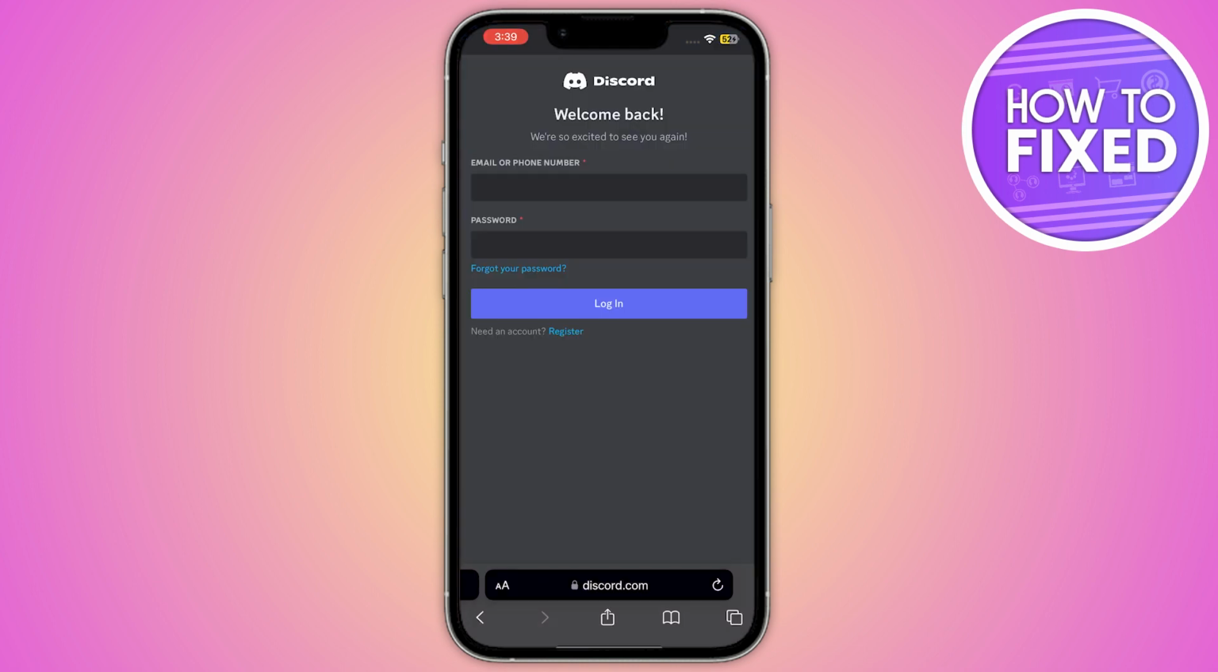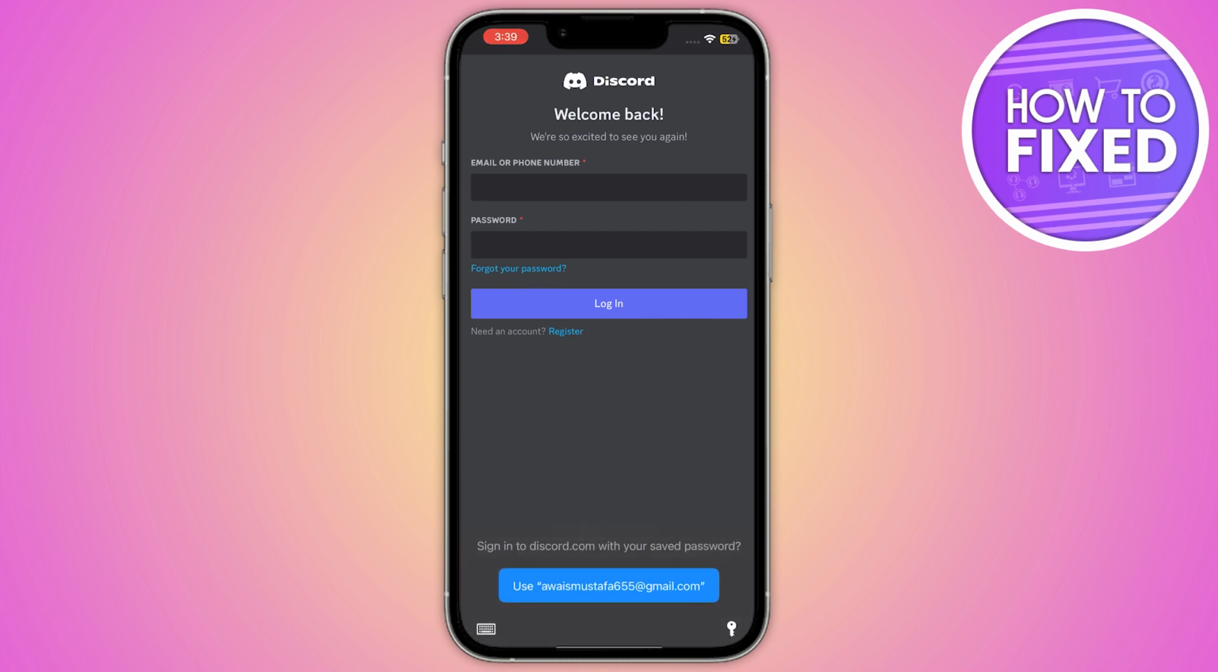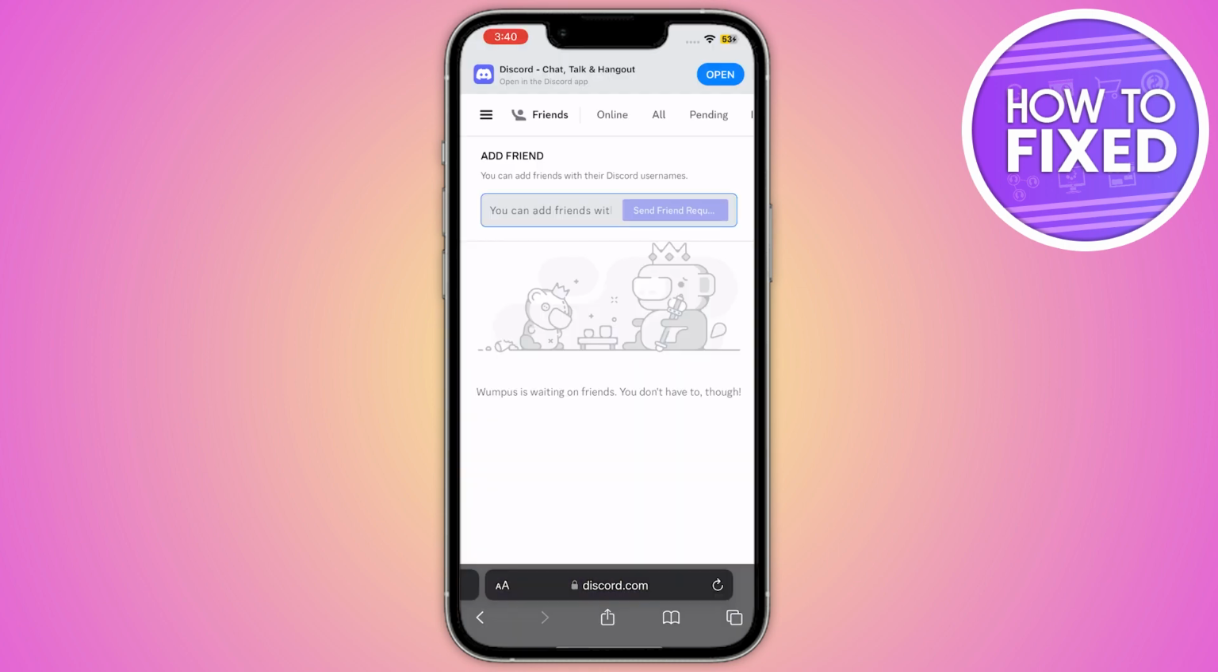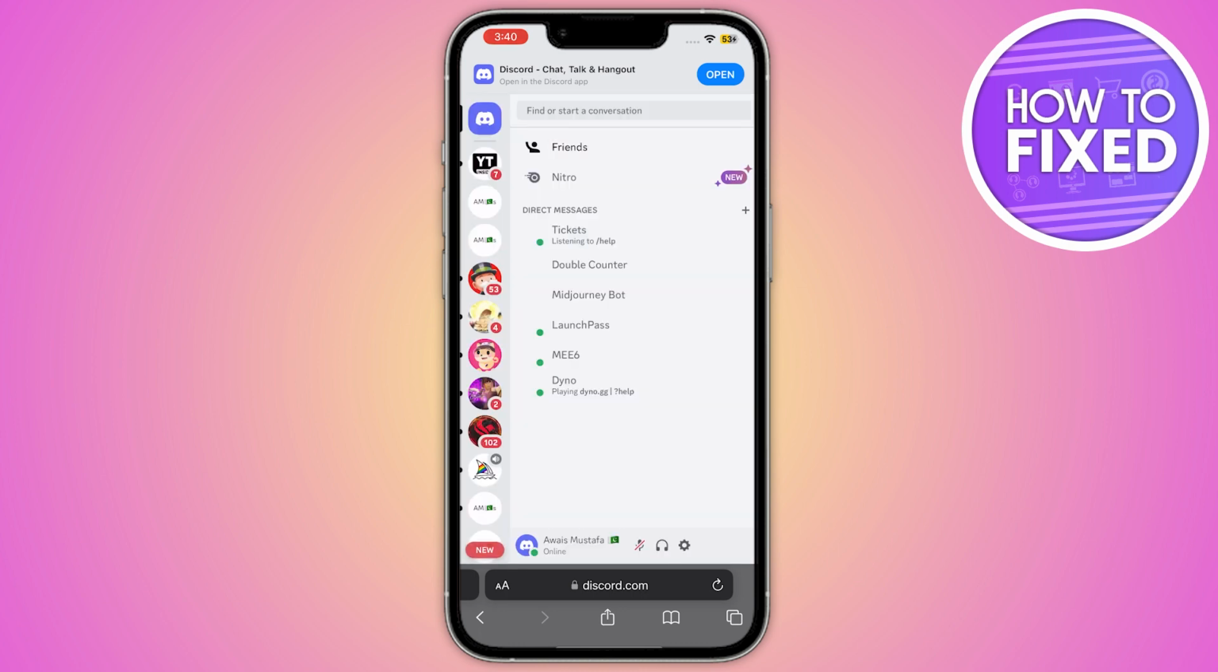So now once you are in the login page, here you have to add all of your login details and add your Discord account. So once you add your Discord account and you are in the Discord homepage, what you have to do is simply click on this home page, and from here you have to click on these three horizontal lines that is in the top left corner, and from here you have to go on this bottom right corner and click